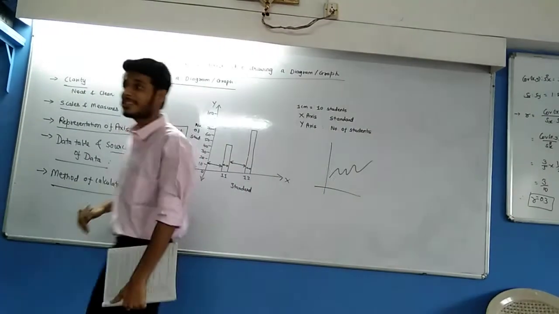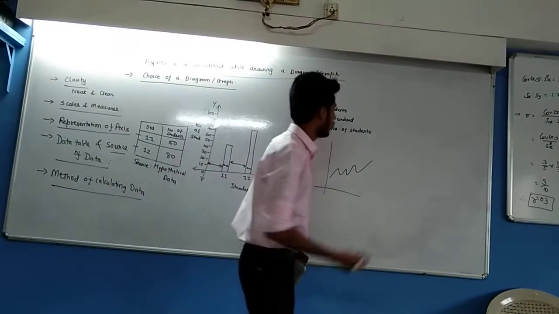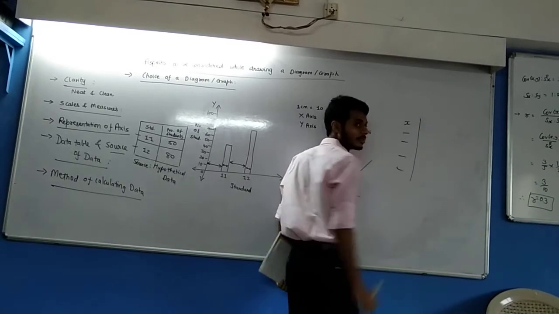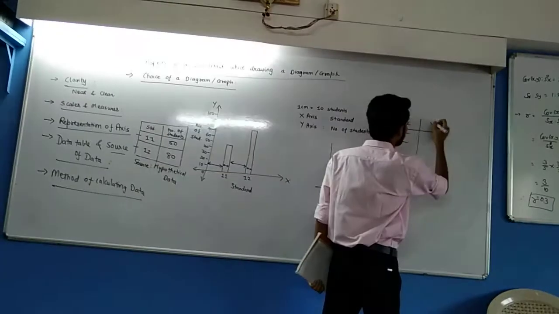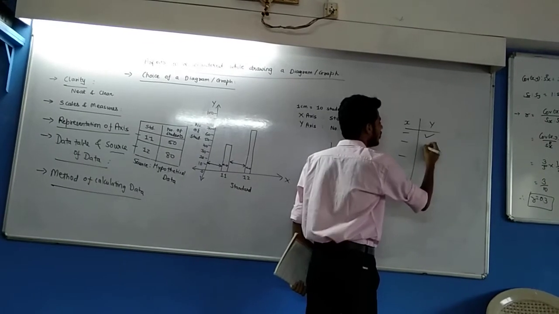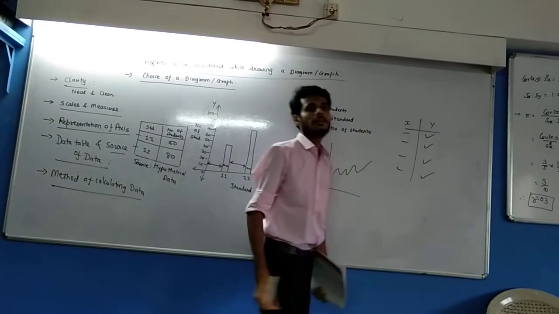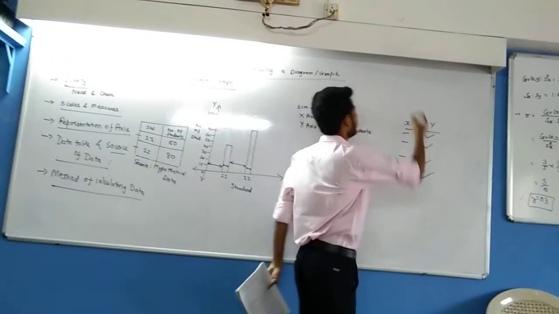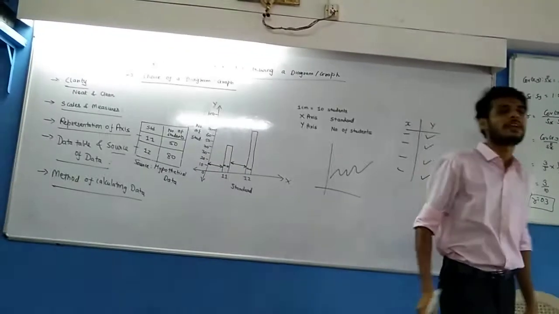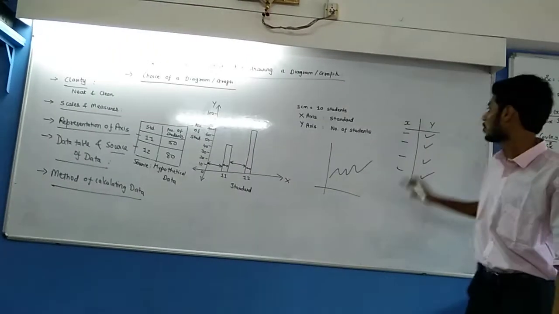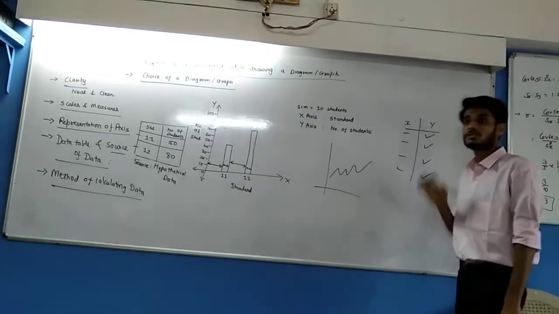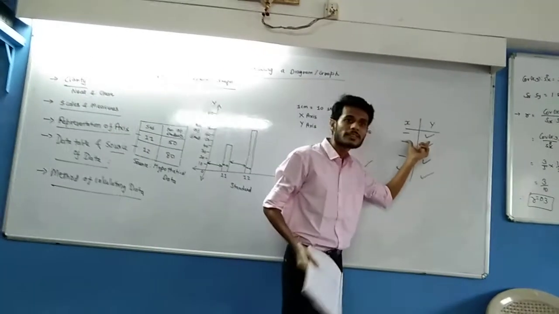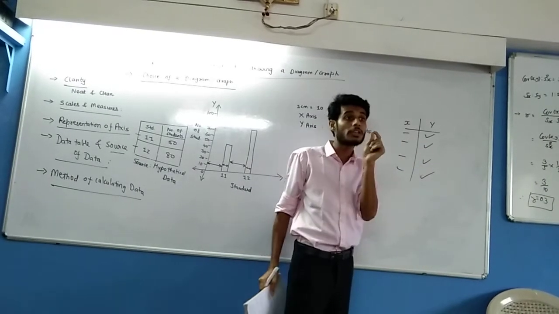So in that chapter, what you will learn is you will be given certain values of x, and based on those values of x, you are asked to predict the values of y. How are you going to predict these values of y? Using regression line or trend line. Using regression line, you are going to plot the values of y. So there is a formula for calculating the relation between x and y, and that formula will give you the